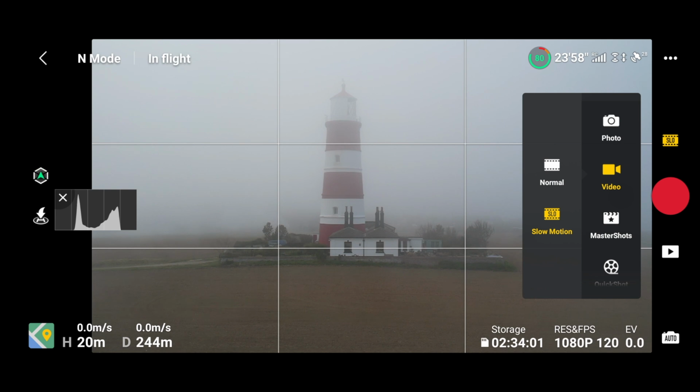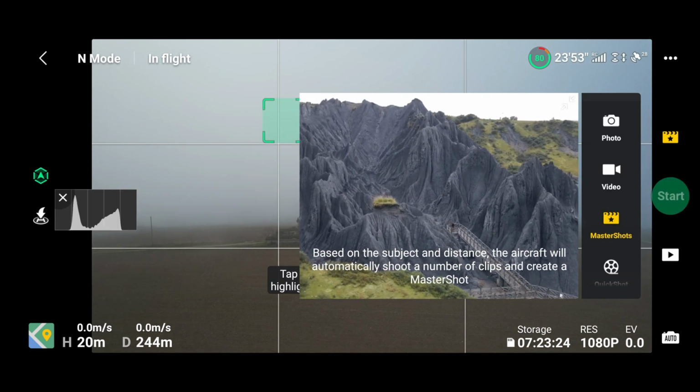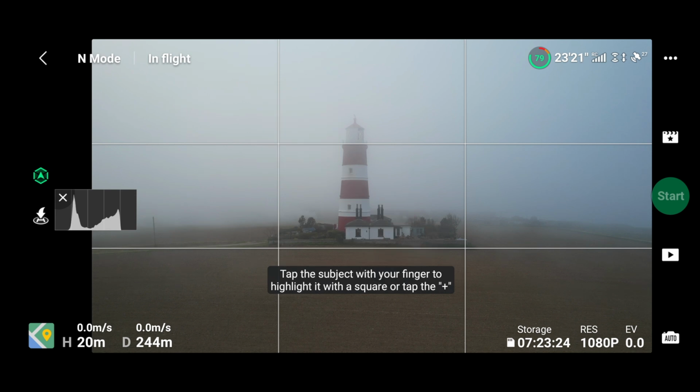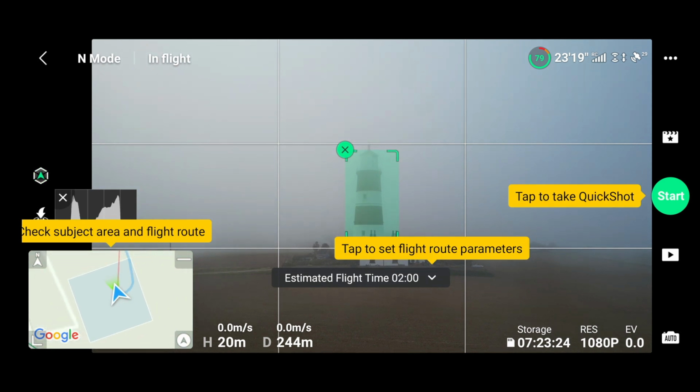Anyway, well, let's go to master shots. Master shots is where, well, again, we can do like circulating around the lighthouse, for example. So let's start that, but I don't think I'm going to physically carry on with it. So it gives you lots of functions here. Check out subject area and flight route. It will give you tap to set flight route parameters. So example, you can do up to 2 minutes,